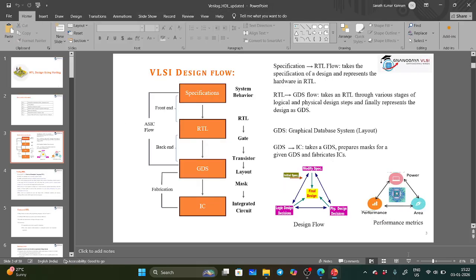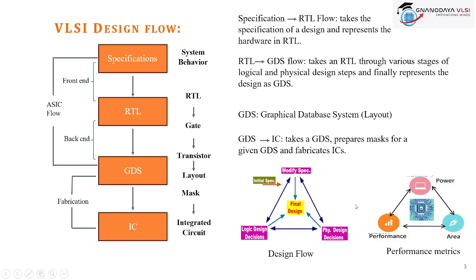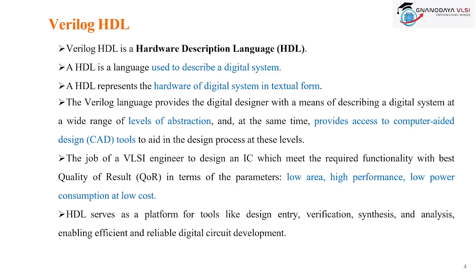Here is the VLSI design flow: specification, RTL, and GDS. GDS is nothing but a graphical data system, that is layout and IC integration. HDL is nothing but hardware description language. It is easier to describe the digital system. In terms of hardware, there are some CAD tools. By using these CAD tools, we can write the Verilog code,